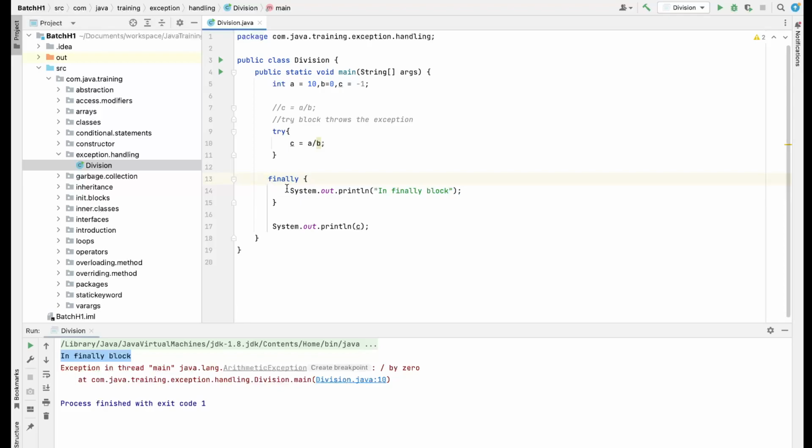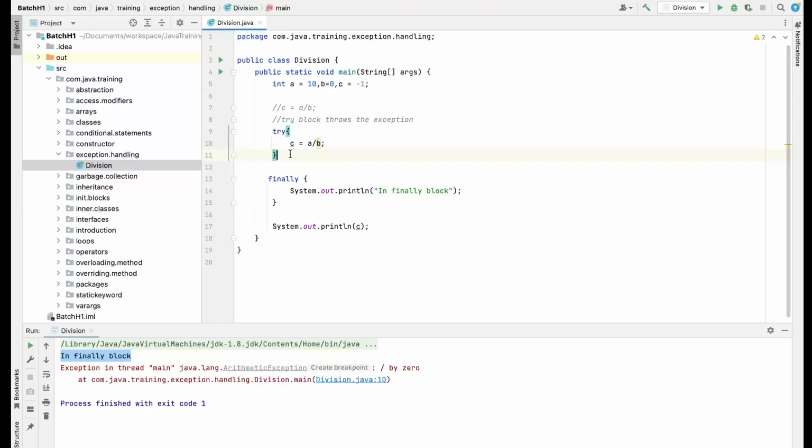in different situations, like releasing some memory, or closing database connections, or closing some file. Suppose you have opened some connection to the database and you want to close that connection. So the finally block is the right place to close those kinds of resources. You can close down the database connections here, you can close down the file here. So it is basically used for releasing the resources. But you can also put the finally block in situations where you want to